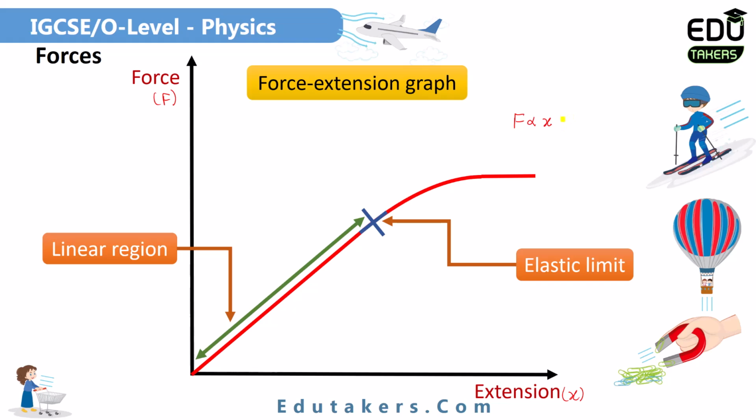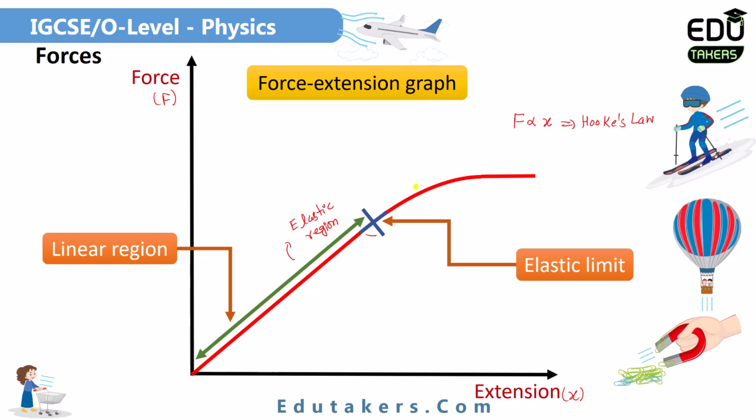This law is basically called Hooke's law. You will learn about this law in this lesson also. So first of all, in the linear region, both of these are directly proportional to each other. That's why there is a straight line. This region is basically called the elastic region. It is called the elastic region because when you apply the force on the spring, the extension of the spring increases. But when you remove the force, the spring comes to its original position.